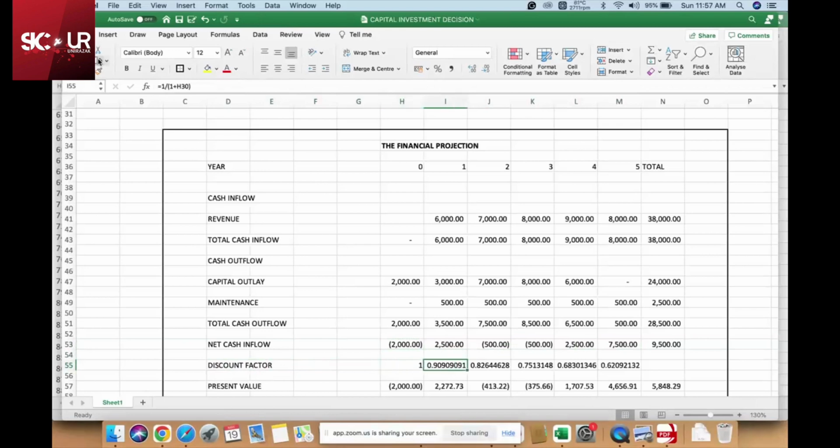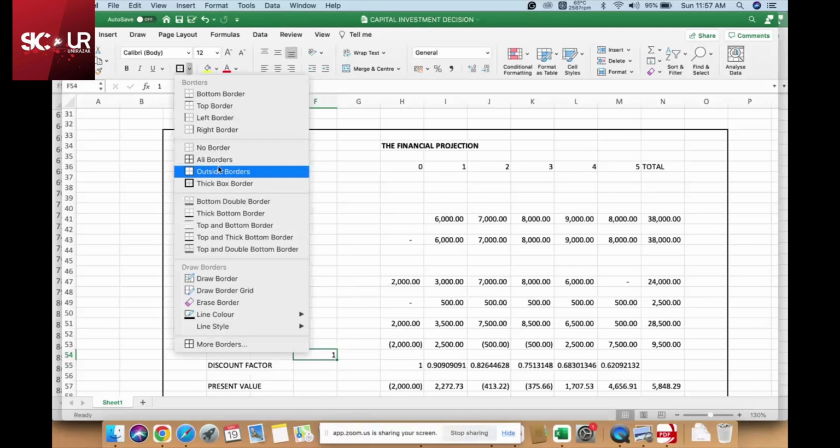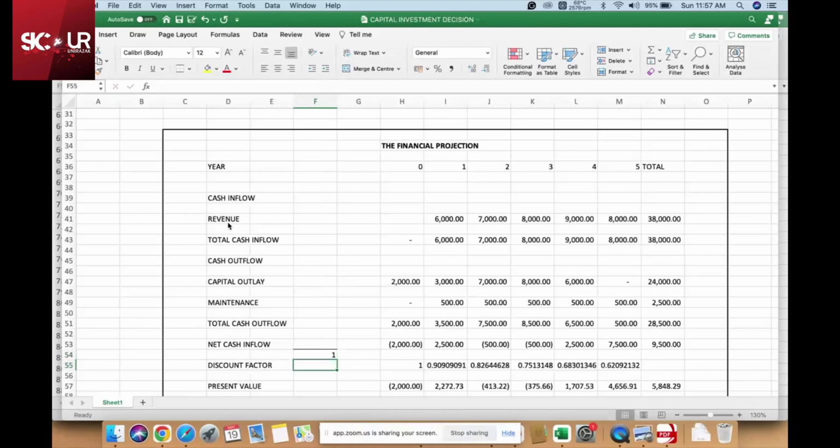And the discount factor for year 1, if you recall, we use the formula: we divide 1 with